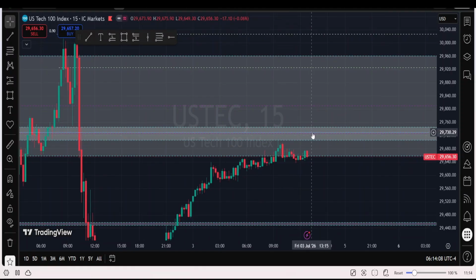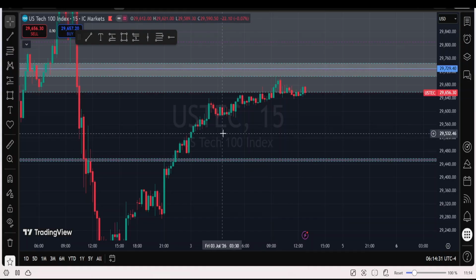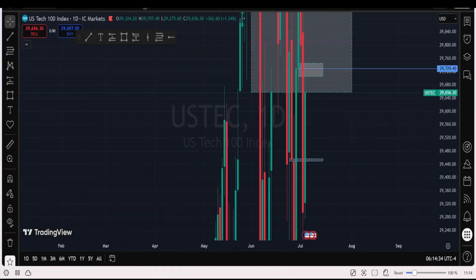But our eyes remain on this other block on the daily time frame, fair value gap on the daily time frame, as our major area of liquidity pool for us to sell Nasdaq, and maybe it could get to this level because it has a huge reason to always run liquidity in a huge way. That's Nasdaq. And here, this is a level on the daily time frame, a gap which might act as a resistance.